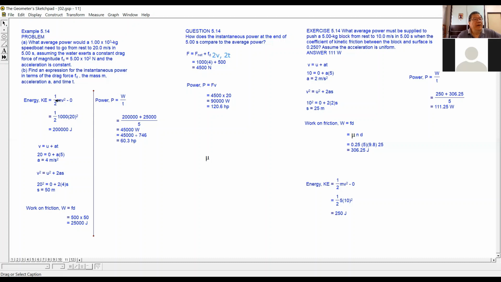Okay, but now in the first part they just want to find the average power of the boat needed to go from rest to 20 meters per second, assuming the water exerts a constant drag and the acceleration is constant. Okay, right. So we have to find two forces. So in the first case, we try to find out